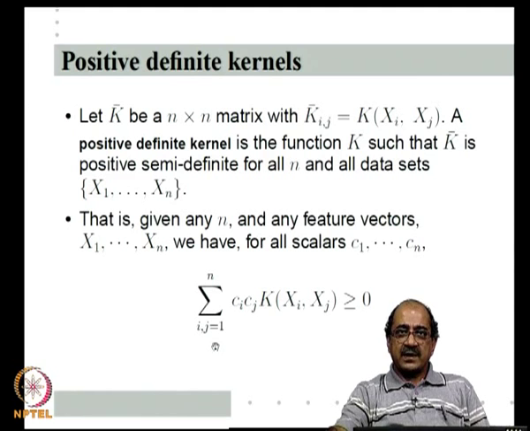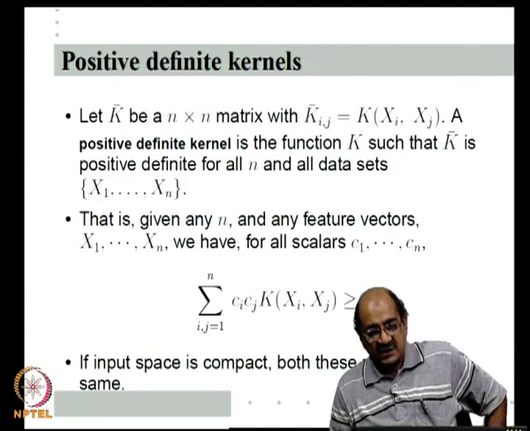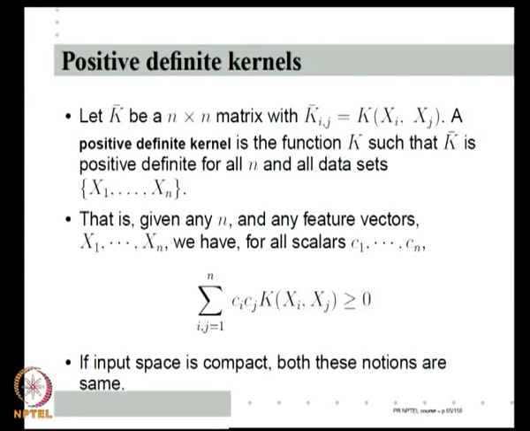Now, as it turns out, if the space you are working in is compact, for example R^m, since any real Euclidean space under the standard Euclidean norm is compact, then a Mercer kernel and a positive definite kernel are one and the same. These are somewhat subtle concepts which do not concern us in this particular course, but we can just remember this. So, these are the two ways in which I can form kernels.